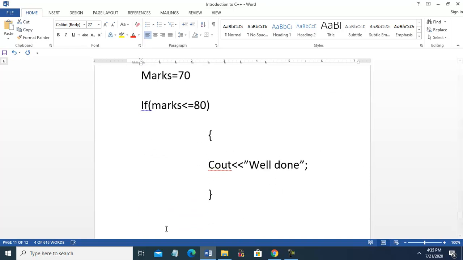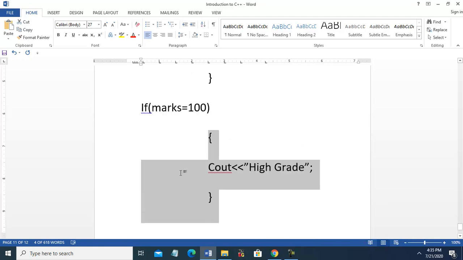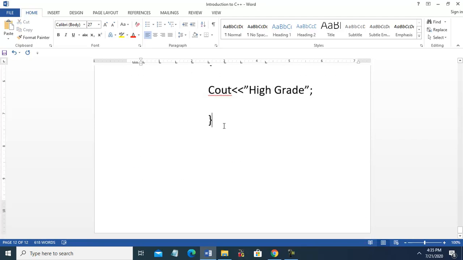Okay, so we will write a program in one-way selection. For example, we will write two programs. Number one: input temperature.